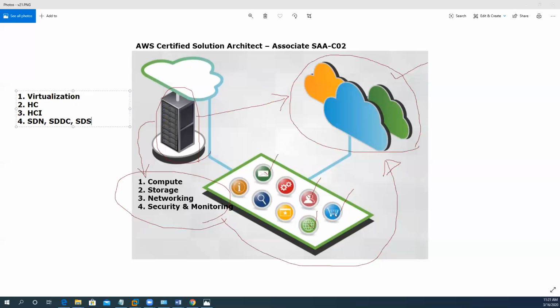So these are the major steps which we took before going towards